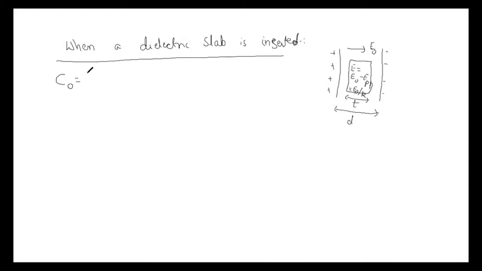Okay, now the capacitance when air is filled between the plates of the capacitor, that is, the dielectric slab is not inserted, is given by epsilon naught A upon D. D is the separation distance between the plates of the capacitor. Now when the dielectric slab is inserted, the electric field inside the dielectric slab is reduced, which is given by E naught minus EP, which is also equal to E naught upon K. K is the dielectric constant. Okay, now the electric field in the distance D minus T is E naught, and inside this dielectric slab, that is in the thickness T, it is E naught by K.